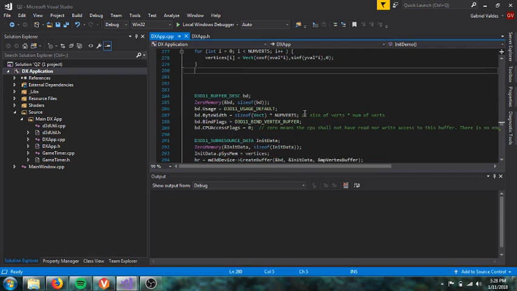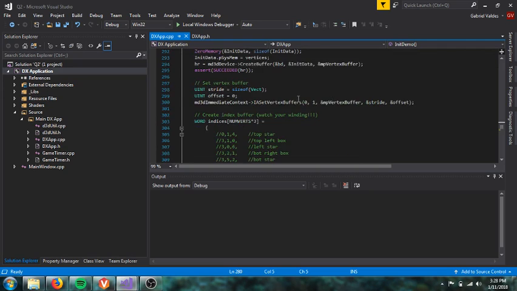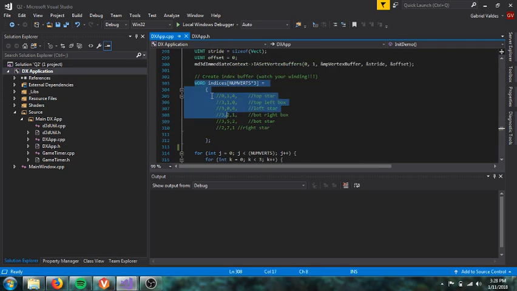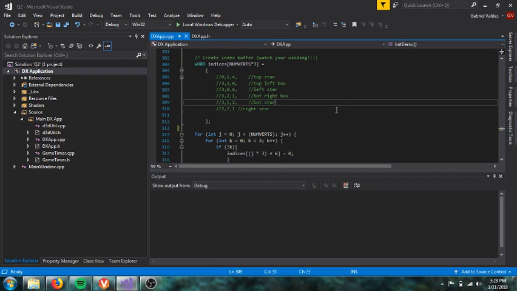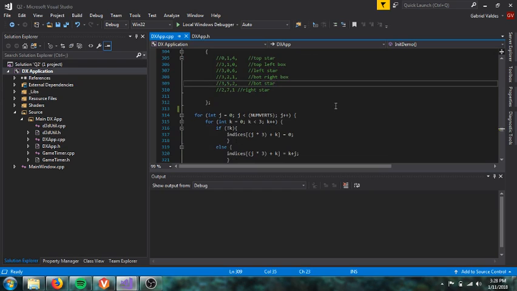Get the amount of memory you need, multiply by the number of verts. Pretty easy. Indices, you multiply by the number of vertices times 3 because each one would be a triangle. So you need the 3 inputs for each